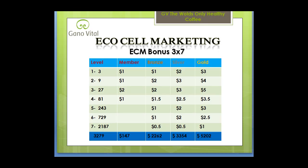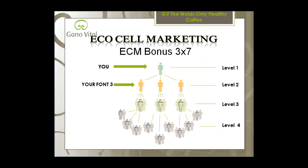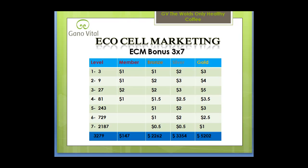To get a clearer image, let's look at this slide right here that tells us about the structure. You are level number 1, of course. Your front 3. Level 2, level 3, level 4, and so on. So look at level 4, for example, right here. For level 4, if you're just a simple member, you get paid $1. There are 81 people on level 4, but you get paid $1 for each one of them. So that's a total of 81 on level 4. But remember, you get paid $2 on level 3 for a member, and in total you get paid